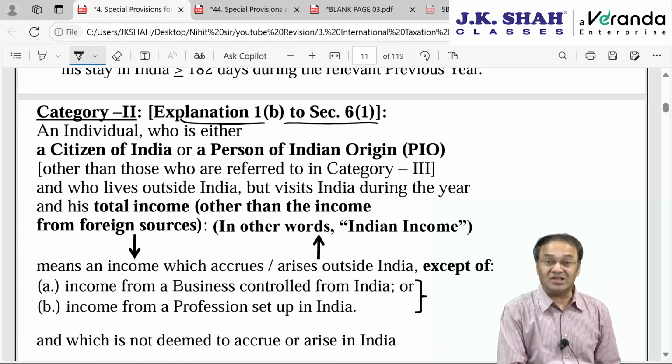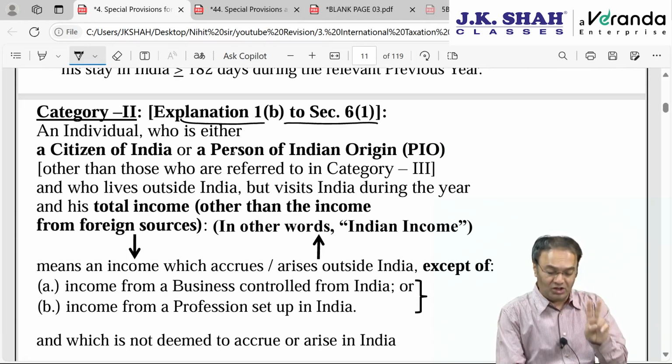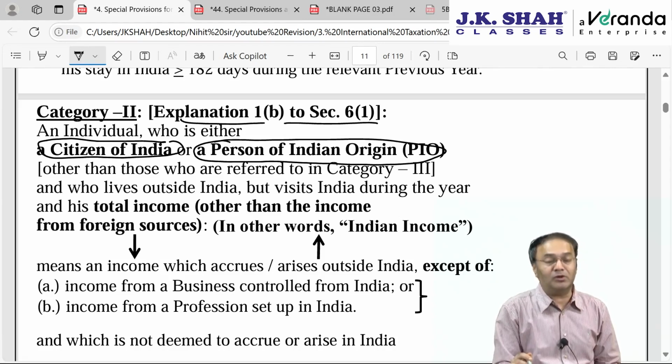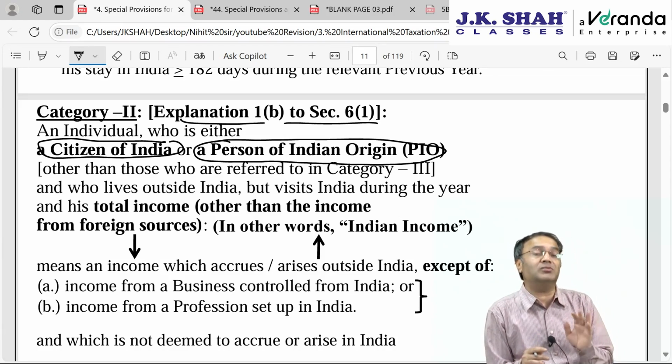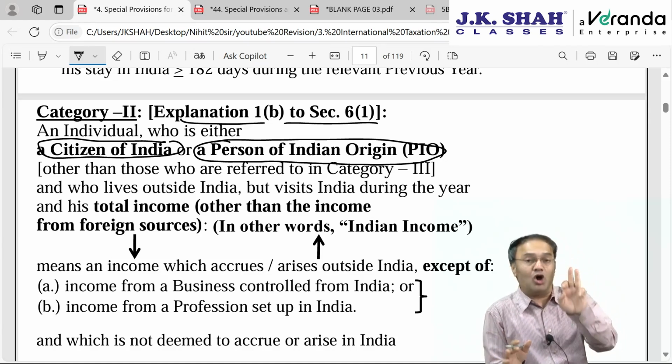What is it? This is applicable for a citizen of India or a person of Indian origin. Either a citizen of India, or the individual is a person of Indian origin. What do you mean by person of Indian origin? Person of Indian origin means a person who either he himself was born in undivided India, or any of his